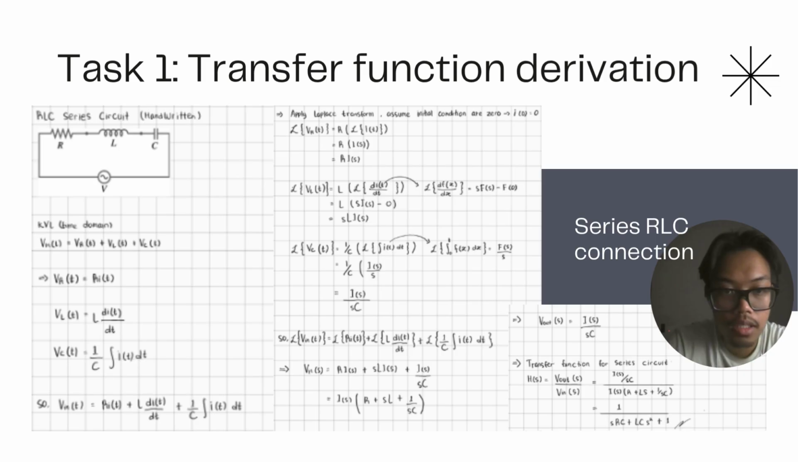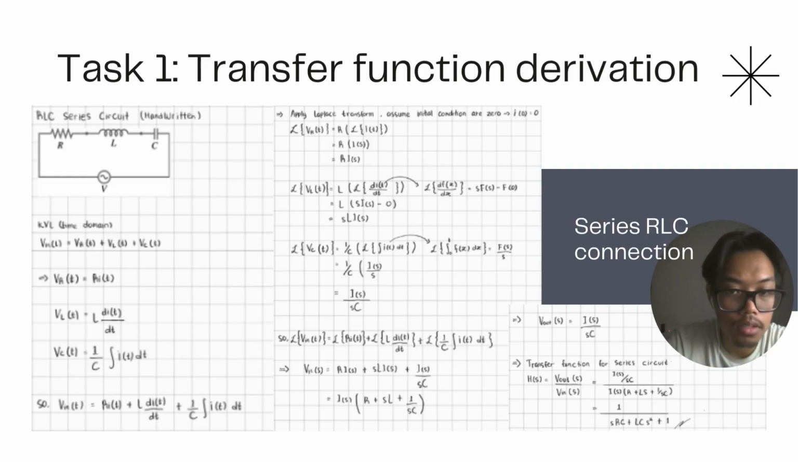circuit behavior. For the series RLC circuit, we applied KVL and transformed the differential equation into the Laplace domain. The resulting transfer function, where the output is the capacitor voltage, is H_C(s) = 1 / (sRC + LC s^2 + 1). This second-order function allows us to analyze key characteristics like natural frequency and damping ratio. It also serves as the foundation for simulating how the circuit responds to different types of input signals in the